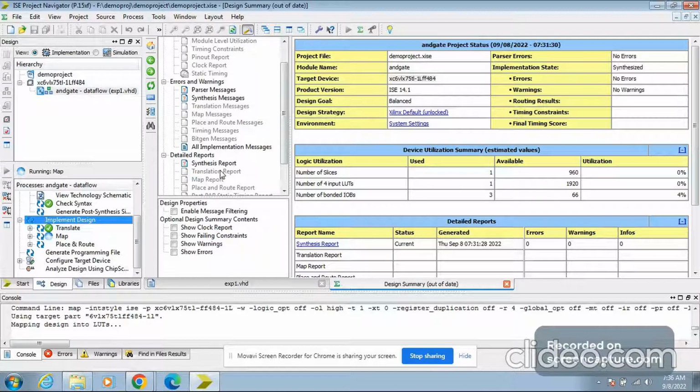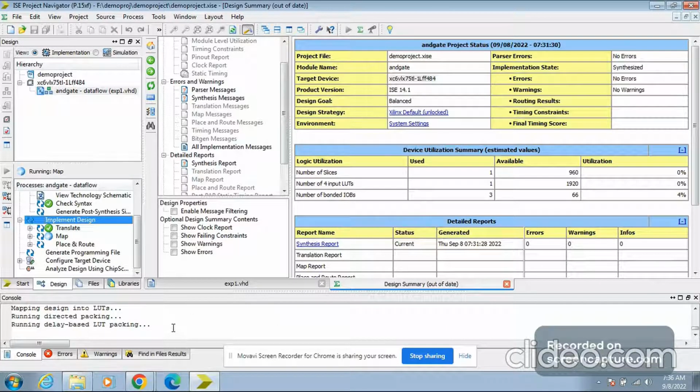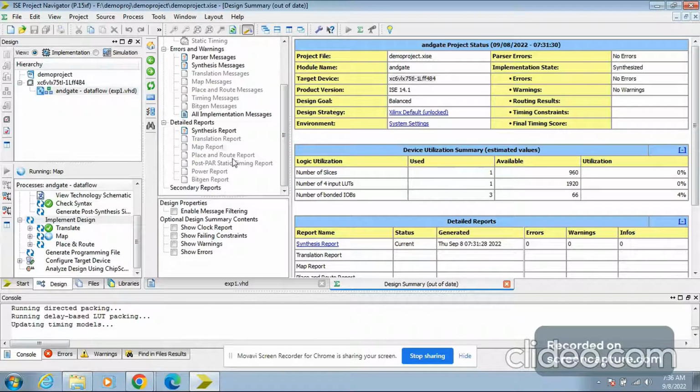So now it's going. After that, mapping of the target devices and the target port, LUTs, everything, it updates the timing models. So delay time, everything will be analyzed. After that, everything will be enabled. So this is a detailed report. So now the mapping process is running. Once the mapping process is completed,